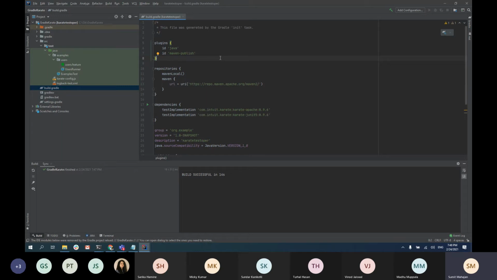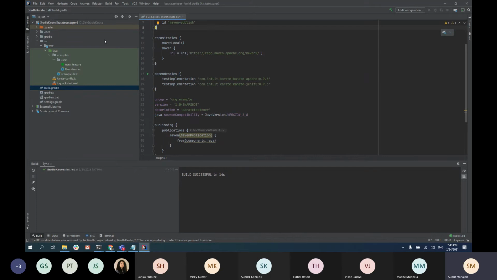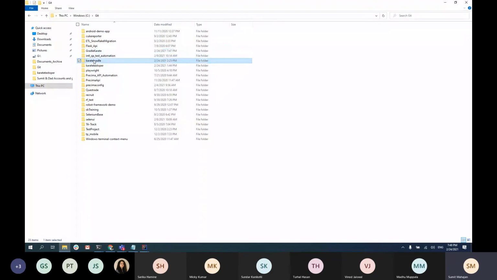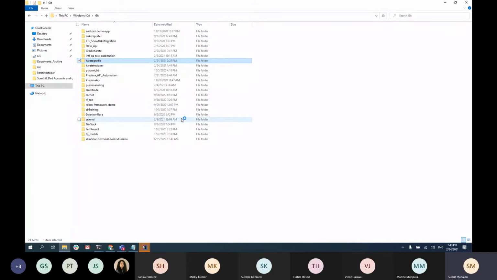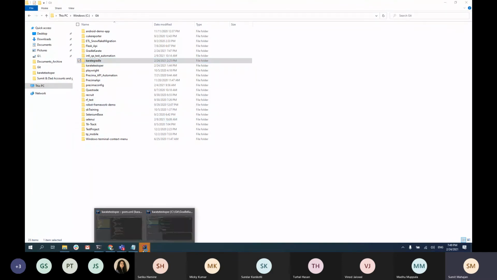But it's not complete yet. We need to set the source, because we downloaded the code and put the code inside, so we need to define the code here as well. So I'm going to open this one because I've already input it here.